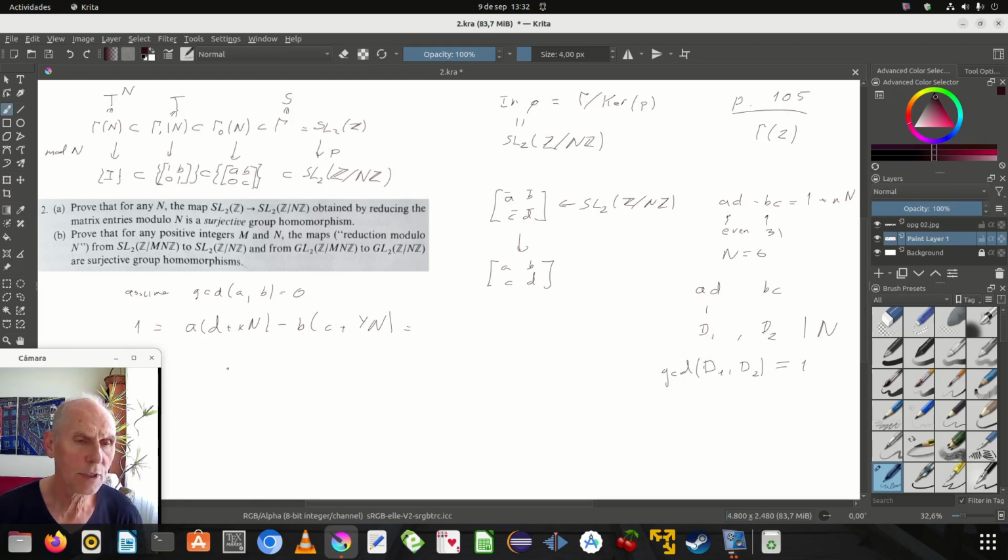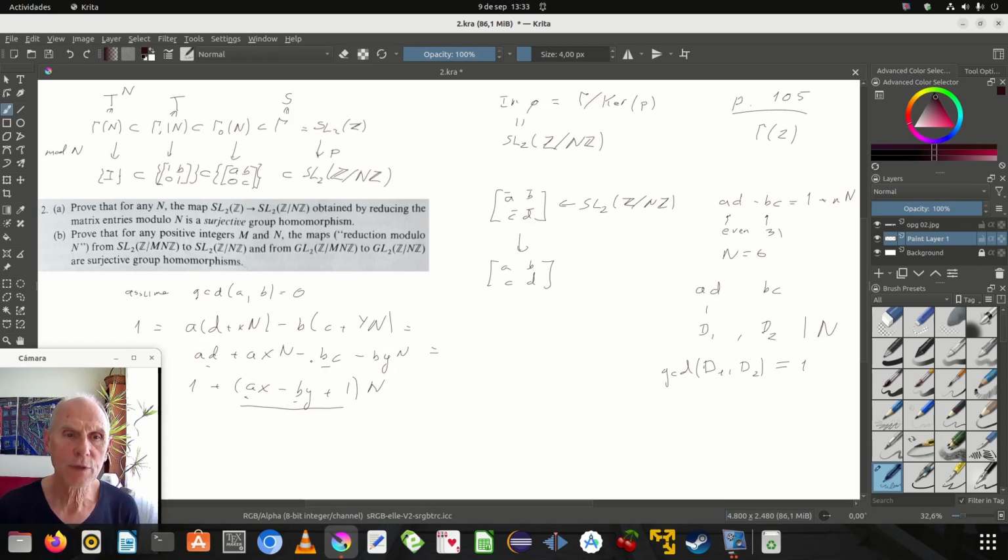So we want this to be unity: it's AD plus AXN minus BC minus BYN, which equals 1 plus n. If A and B have no common divisor, then we can solve this equation within the integers, and then we have